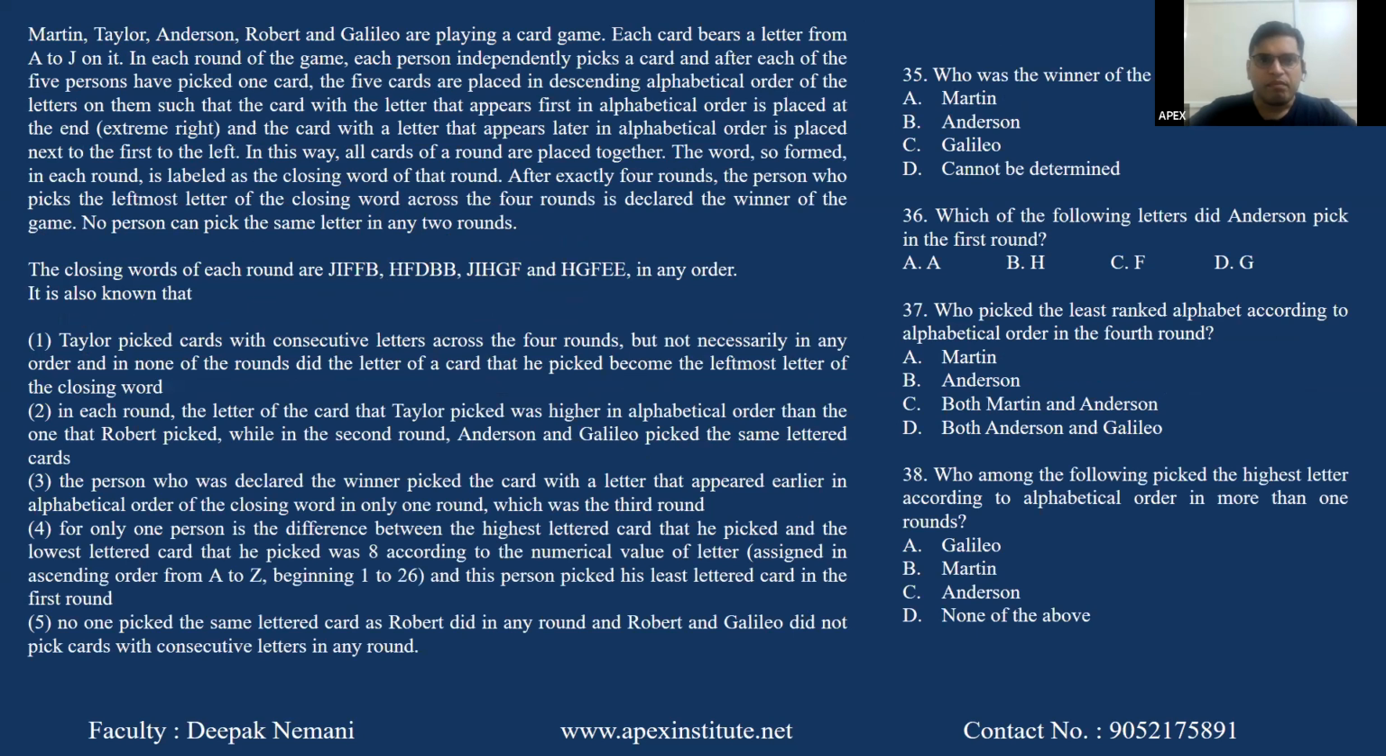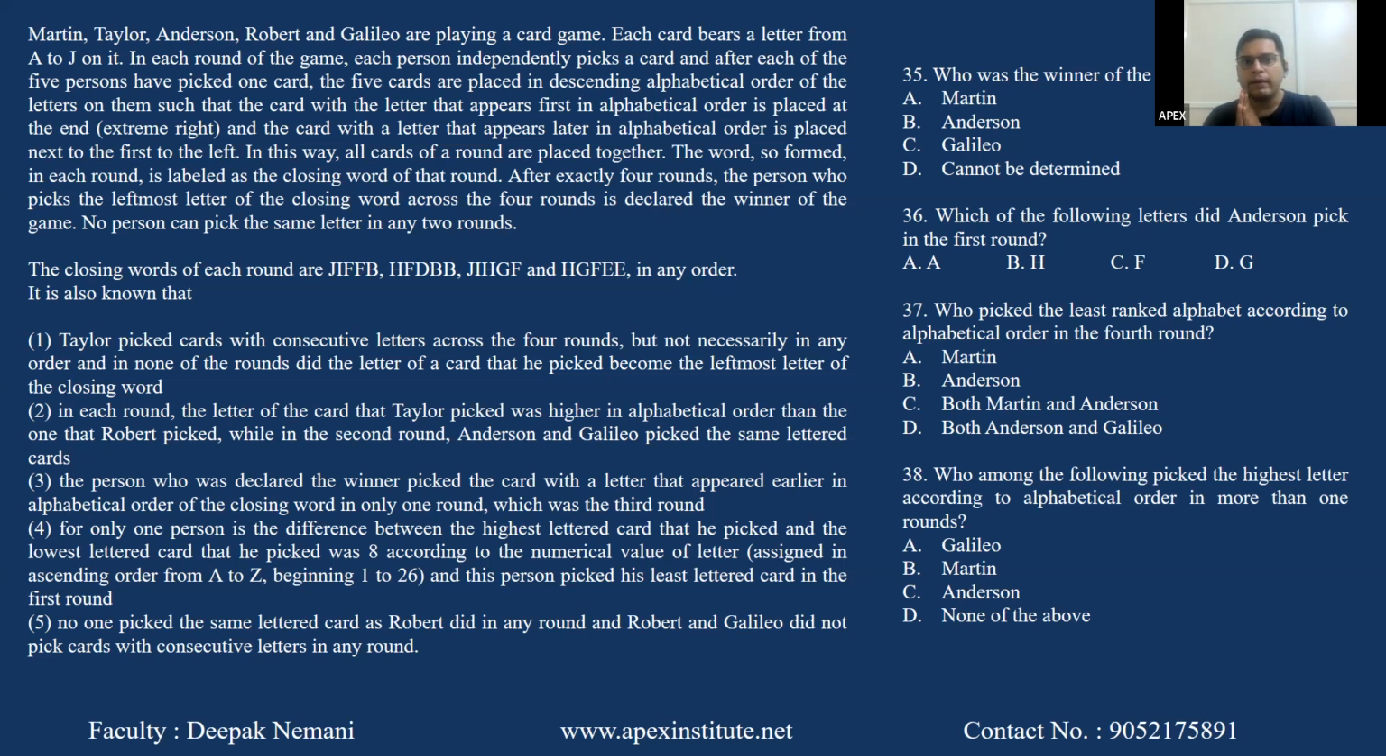Now, coming to the third set. Martin, Taylor, Anderson, Robert, and Galileo are playing a card game. Each card bears a letter from A to J on it. In each round of the game, each person independently picks a card, and after each of the 5 persons have picked one card, the 5 cards are placed in the descending alphabetical order of the letters on them, such that